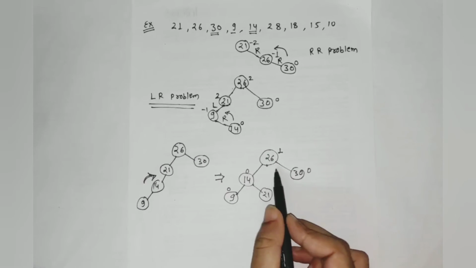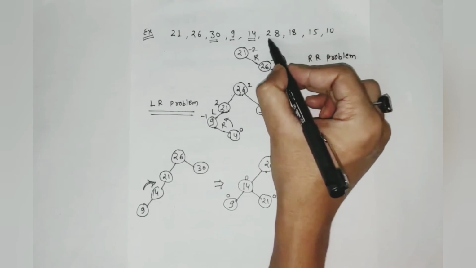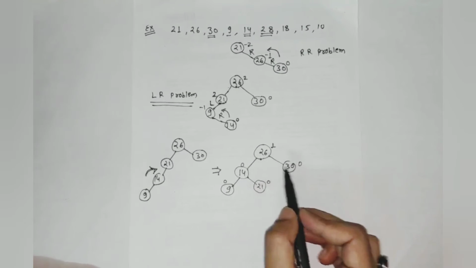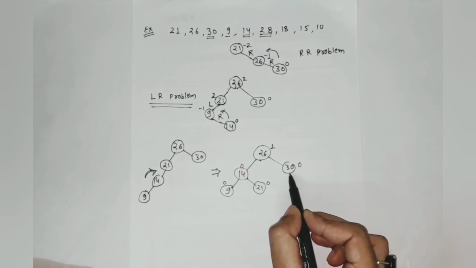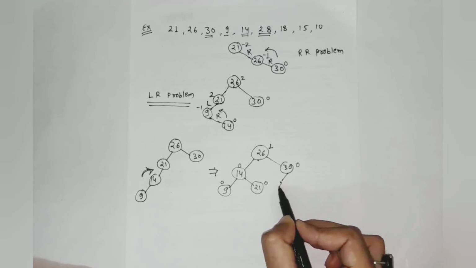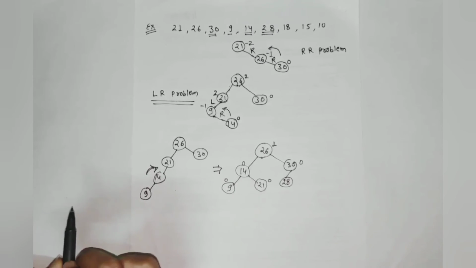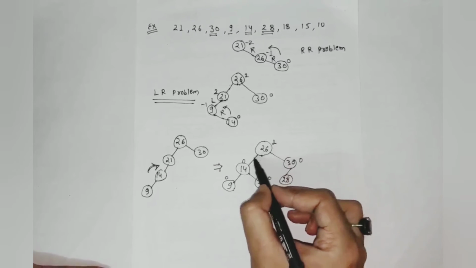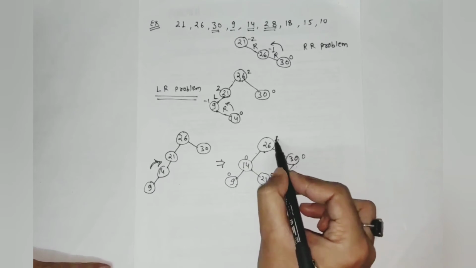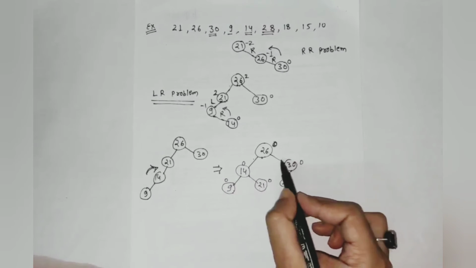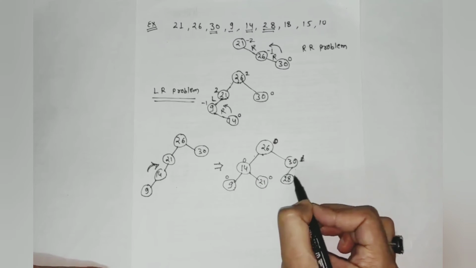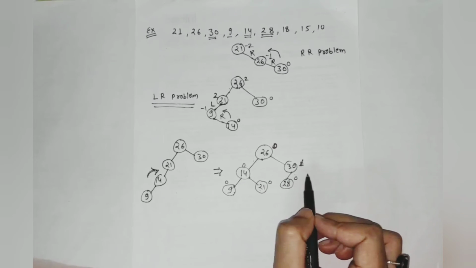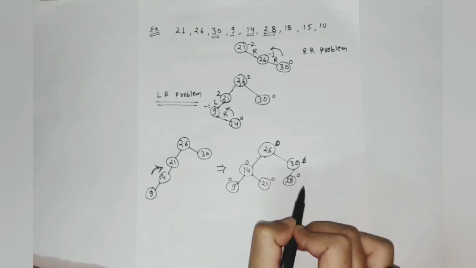So currently this is our AVL tree. Now we need to insert 28. So 28 is greater than 26 and less than 30, so less than 30 should be here. Now again we will check the balance factor. So balance factor of this node remains the same, 0 0 0, and for this node 1 2 1 2, so it should be 0, and after that for this node it should be 1 and it will be 0. So the balance factor is in the range of 0, 1 or minus 1. So it is an AVL tree.